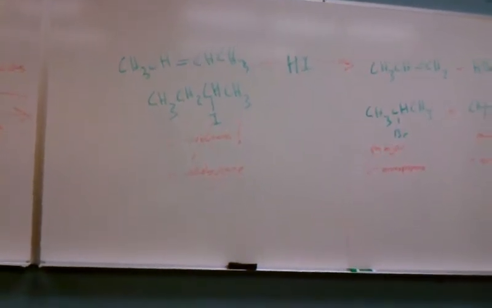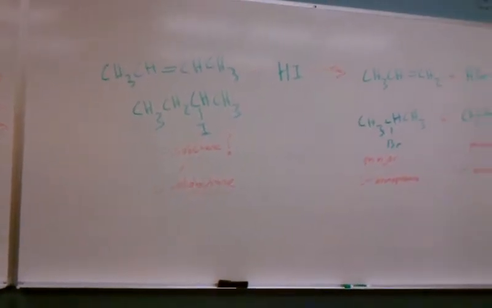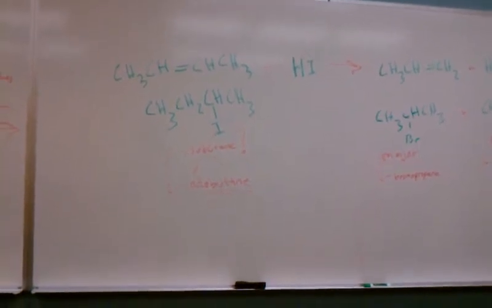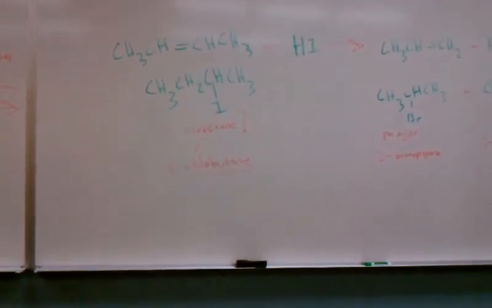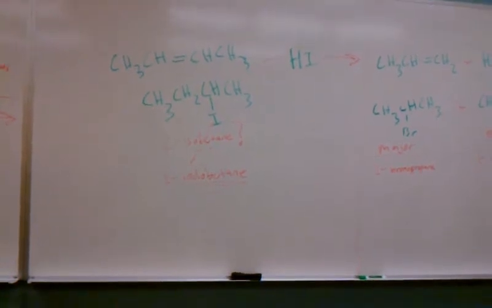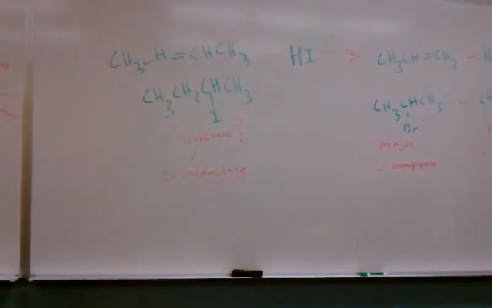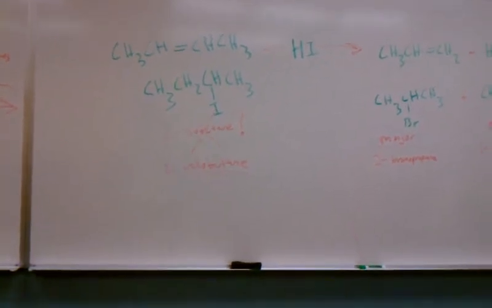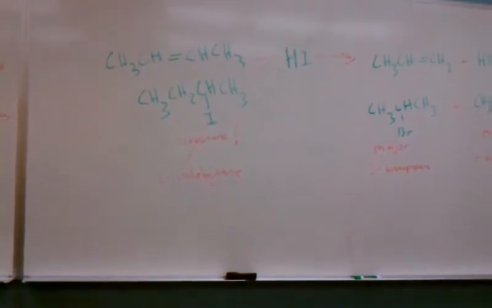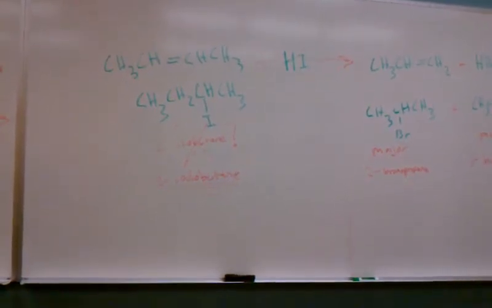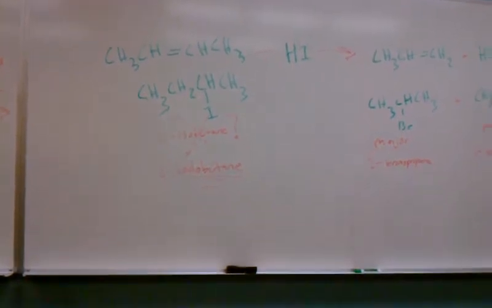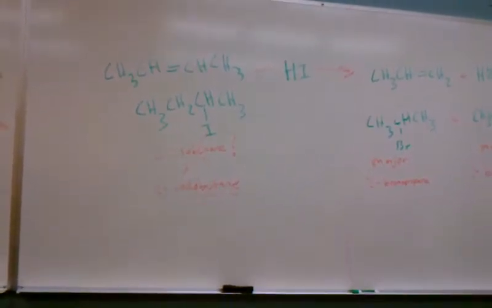Now here we have another example. So again, there's only one product. You have the hydrogen iodide right there. It's being added to, 1, 2, 3, 4, so that's butene, I guess. So the product is CH3, CH2, CH, and CH3. So since both of the carbons have the same amount of hydrogens bound to them, either one of them